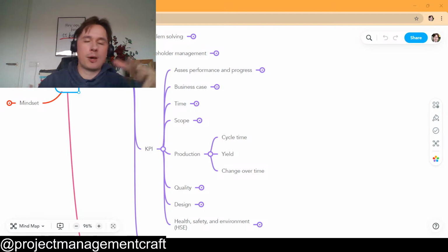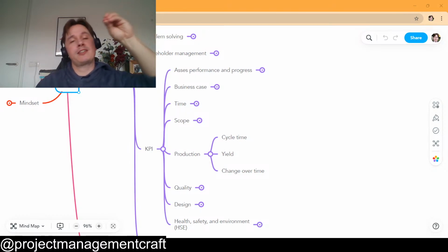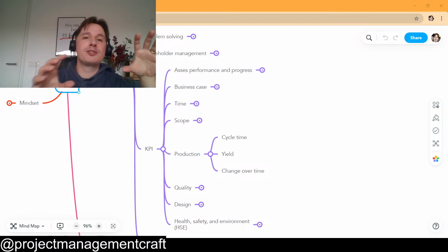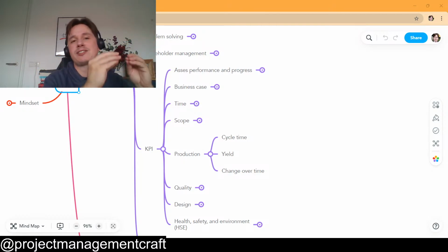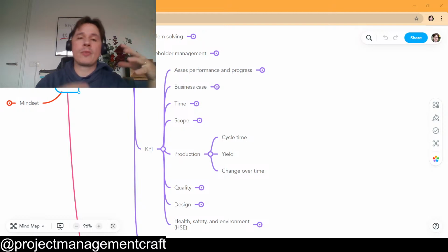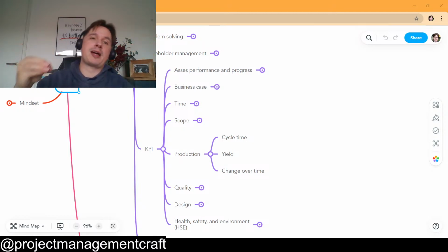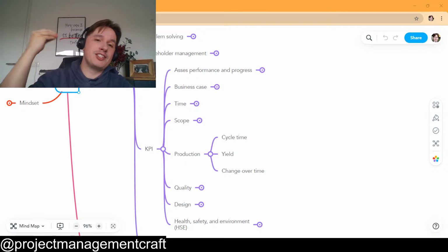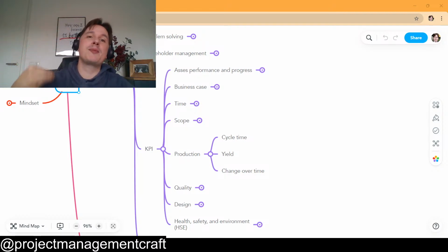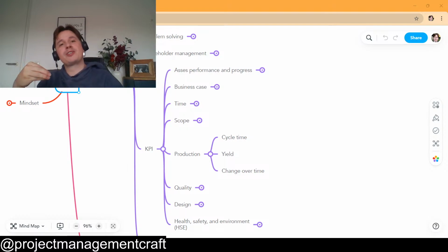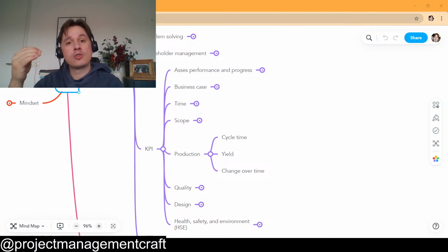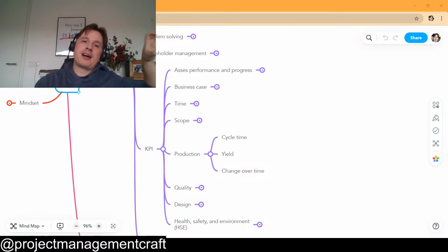Of course, people nowadays talk about OKR, objectives and key results. What you do with an OKR is you have an objective, so you have a goal, and you break it down into key results. What are the key initiatives that are going to help you achieve your goal? The OKR has been growing a lot because a lot of times people set goals, but they don't think about the initiatives they need to follow for these goals, and they do not think about the key performance indicators, how they are going to get to these goals. So what do you want? And that's why I started with an example of reading,